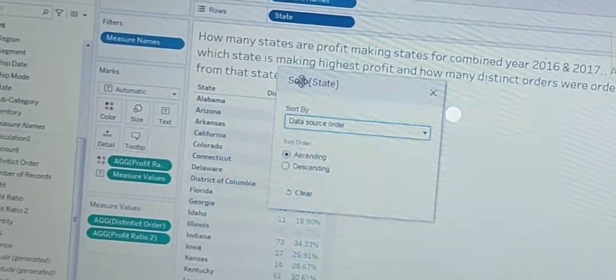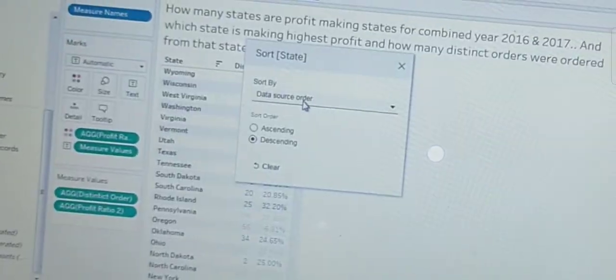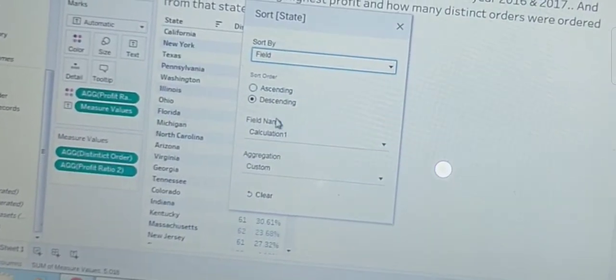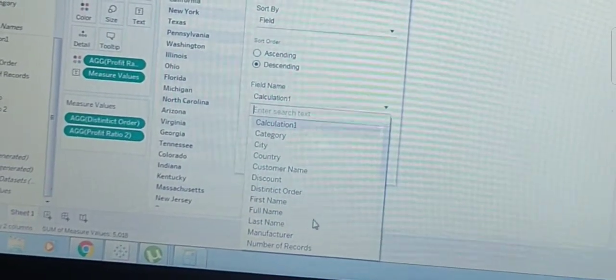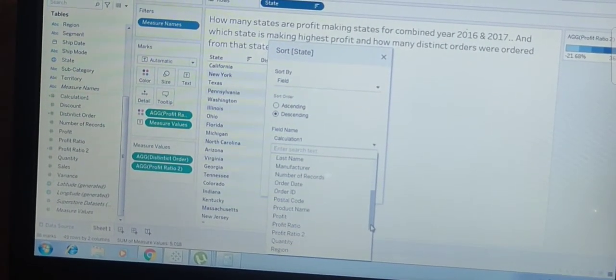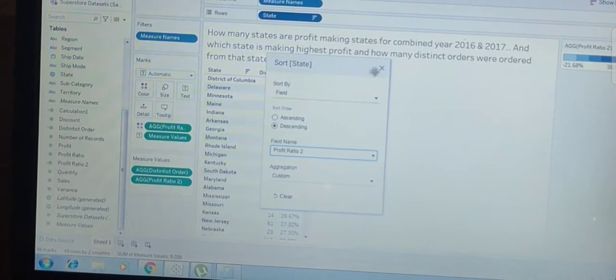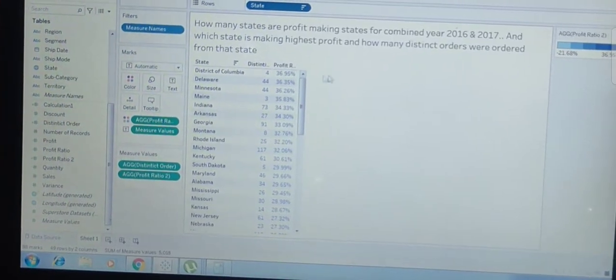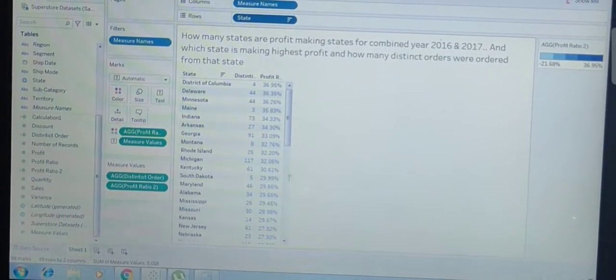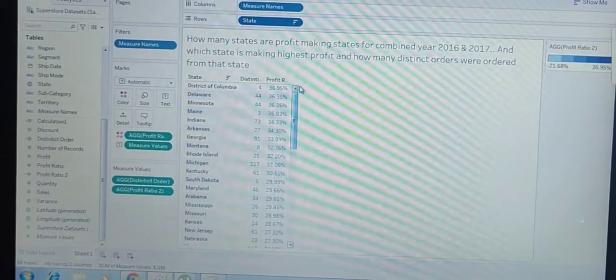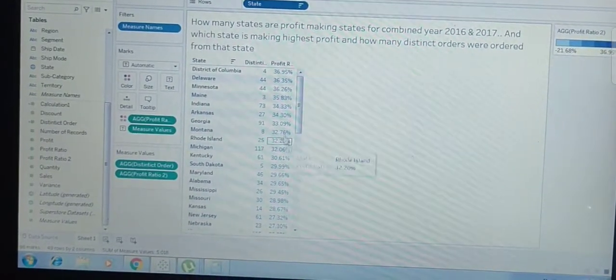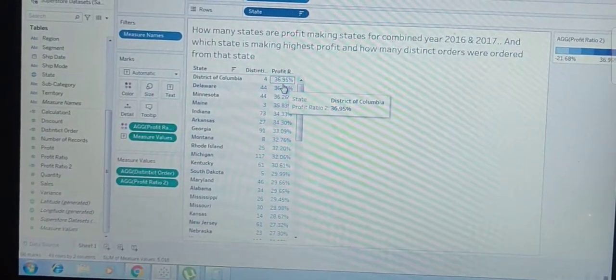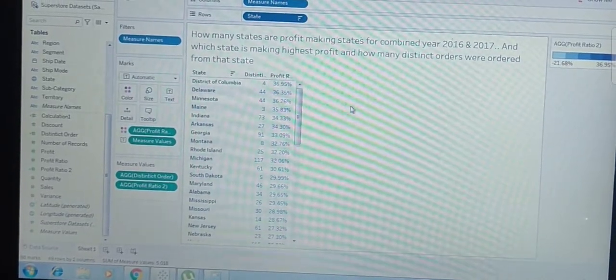Click here, then descending, and then select the field from here, profit ratio. So now we have the highest profit on the top, and below is the lowest profit. We can also see the colors, the dark color showing the highest profit and the light color showing the lowest profit.